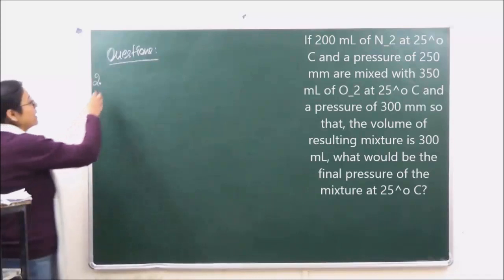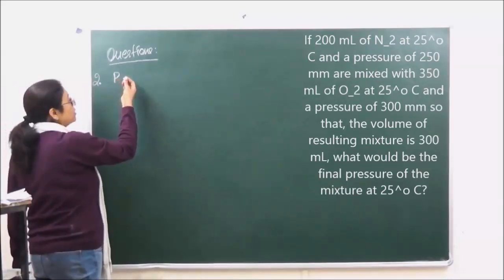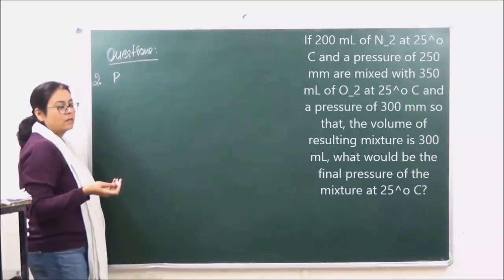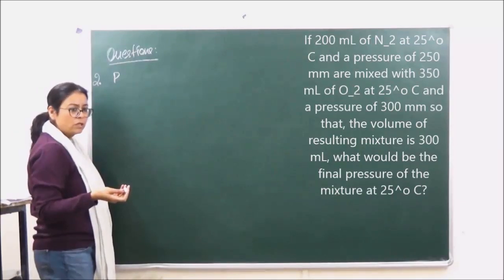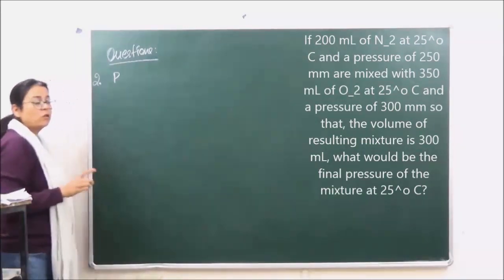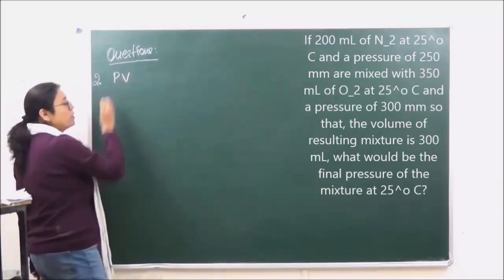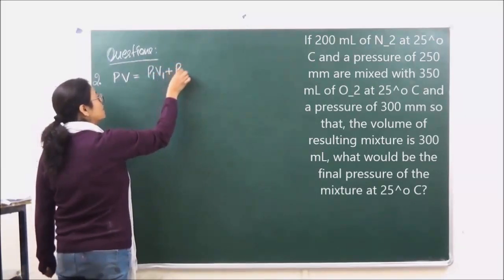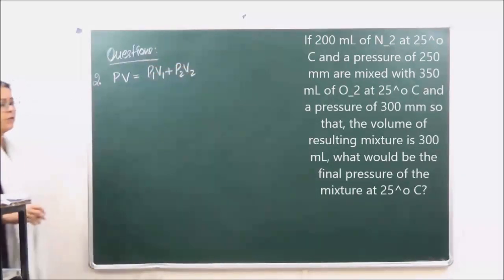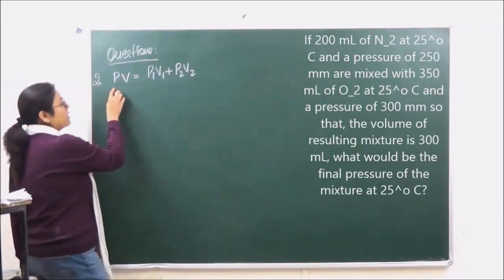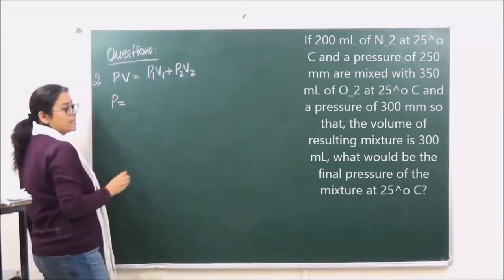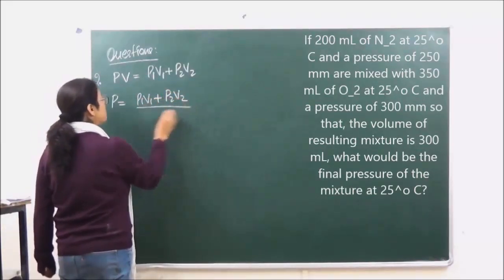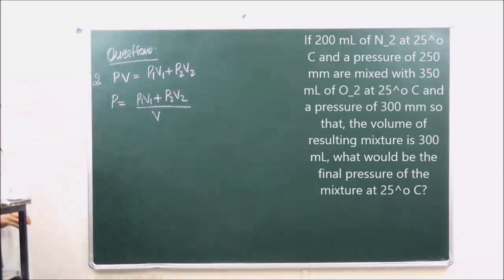So we will have the gas according to the क्या कहते हैं उसको Boyle's law. What do we have? P1 V1 is equal to P2 V2. ठीक है? Over here P that is going to be equal to the total pressure. V is going to be equal to the total volume. That will be equal to P1 V1 plus P2 V2. ठीक है? और if we have to find the pressure, it can be written as P1 V1 plus P2 V2 upon V, where V is the V total.